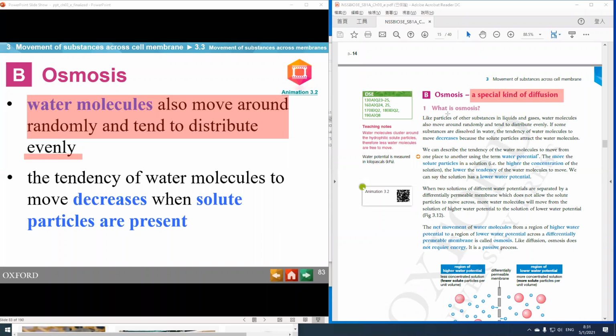And second point. When there are more solute, let me ask something. 黃文佑, do you know what is solute? 唔知。